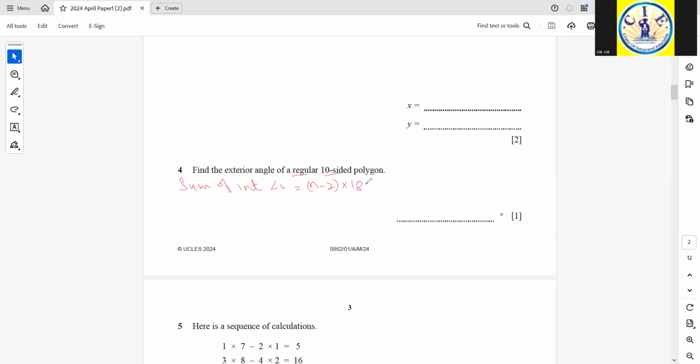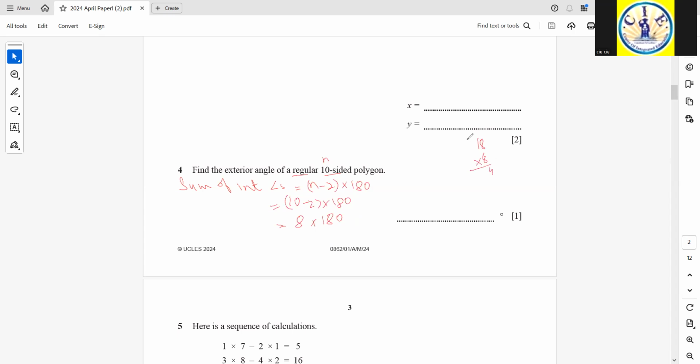This is a formula to have the sum of the interior angles of any n-sided polygon. So for n equals 10 in this case, because it is a decagon, I will write 10 minus 2 times 180, that is 8 times 180, and simplifying them,